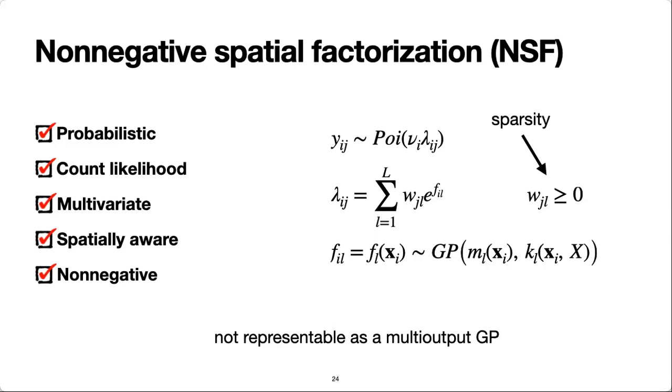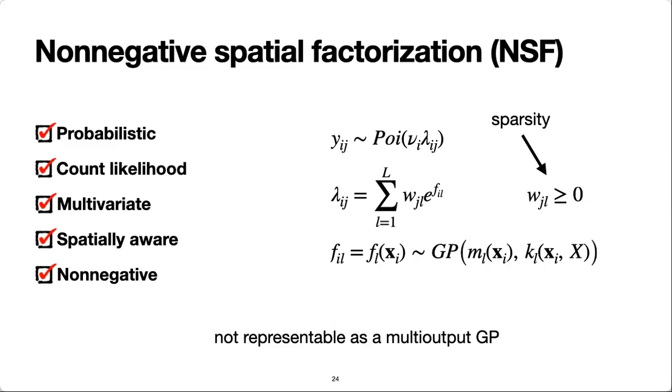So we combine the Gaussian processes not through a linear combination, but rather through a non-negative combination. We also exponentiate them prior to this combination to ensure that they are also non-negative, or actually positive. And just this small change dramatically alters the ability to do inference because this is no longer representable as a